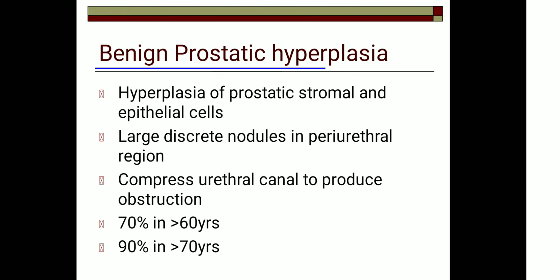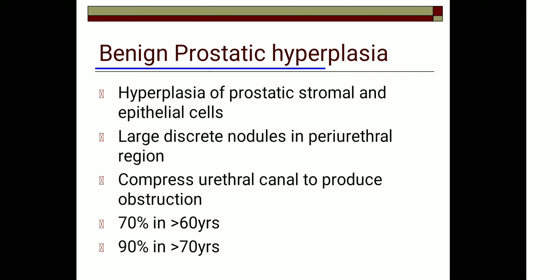This is very important. This is a short note question for you, and also a slide spotter for your exams. That is benign prostatic hyperplasia. That is hyperplasia of prostatic stroma as well as epithelial cells. You have seen the normal histology: the prostate has a glandular component and a stromal component. Both the glandular, that is epithelial component, and the stromal component will be hyperplastic. What do you mean by hyperplasia? There will be an increase in the number of cells. This increase in the glands as well as the stroma leads to the formation of big nodules in the periurethral region. That is a common site.